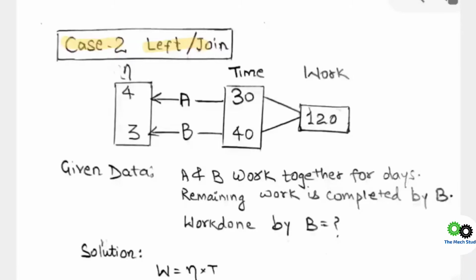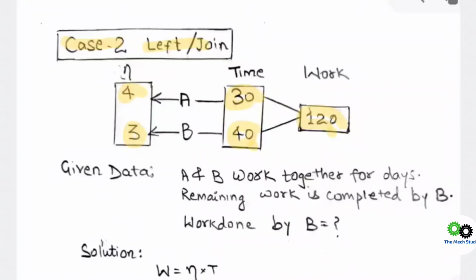Suppose A takes 30 days to do a work and B takes 40 days to do the same work. And how is the total work calculated? You have to take the LCM of 30 and 40. You will end up with 120. And once you get the work and time, you can calculate the efficiency which I have mentioned in previous questions. So if you divide 120 by 30, you will end up with 4, which is the efficiency of A. Similarly, for 120, if you divide by 40, that is work divided by time, you will end up with the efficiency of B, that is 3. You need to calculate the efficiency first before going ahead.